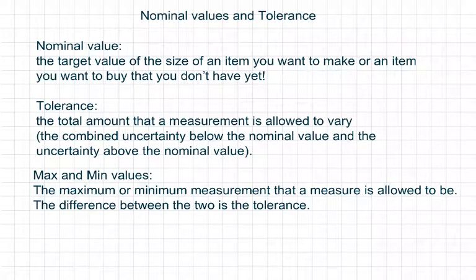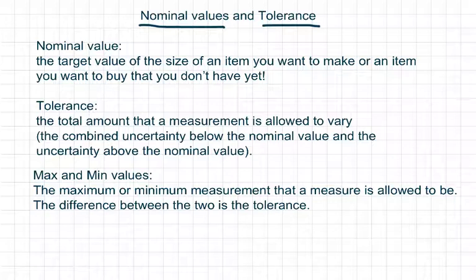Hey, this is getting near the end of this unit here. We got nominal values and tolerance. So we did precision and uncertainty, which was more about the tools than it was anything else. This one here, when I'm talking about nominal values and tolerance, it's more about what's requested or what's acceptable when you need something. Okay, so it's not about the tool, it's more about the object that's being built or purchased